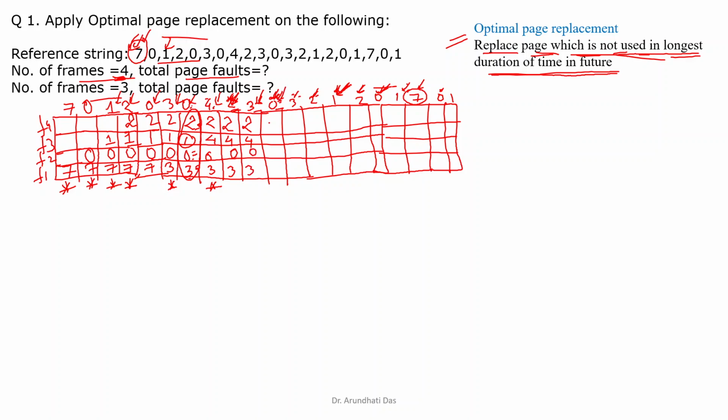Whether 0 is there in the main memory? Yes, 2, 4, 0, 3, no page fault. Whether 3 is there? Yes, 2, 4, 0, 3. Whether this 2 is there? Yes, 2, 4, 0, 3, not. Then 1 is requested. Now we'll again see out of 2, 4, 0, 3, which one is not requested in